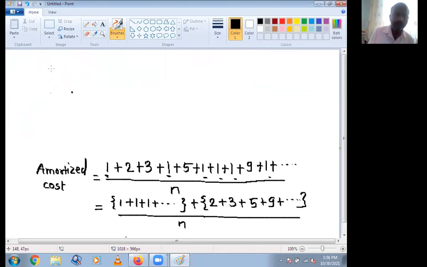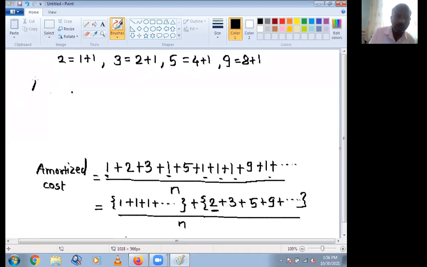Then we should write here, that 2 is equal to 1 plus 1. For 3 we write 2 plus 1. For 5 we'll write 4 plus 1. For 9 we are going to write 8 plus 1.